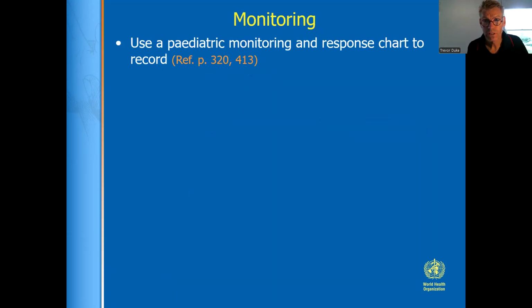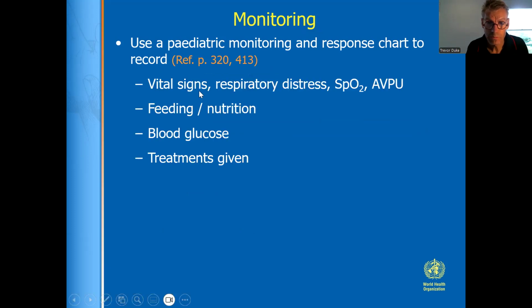You should ideally use a paediatric monitoring and response chart to record Ratu's vital observations and his oxygen saturation, so it can be observed in real time. I'll show you what a monitoring response chart is, but you should record his vital signs, his degree of respiratory distress, his oxygen saturation, the AVPU score. These are all critical care observations that you should do on a regular basis,